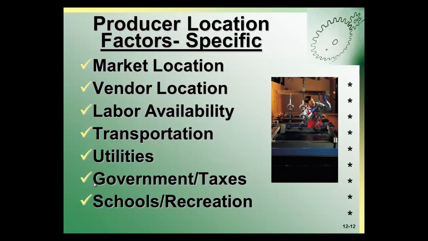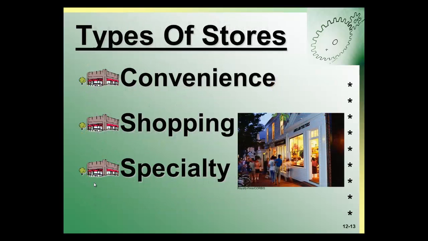Like all businesses, producers have to deal with the government and pay their share of taxes. And especially in areas of the country where jobs are hard to come by, government will sometimes offer producers an incentive or tax reduction if they decide to relocate in their area. This typically attracts quite a few producers. Finally, because there are employees that are concerned about schools and recreational activities, producers will often attempt to locate in strong school districts and in areas where a high quality of life can be obtained.